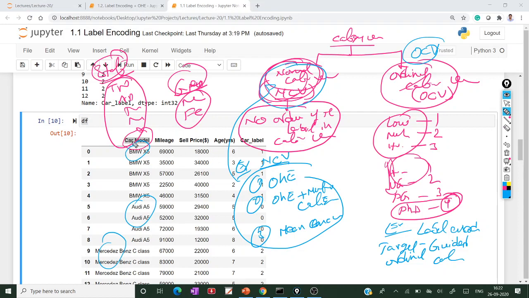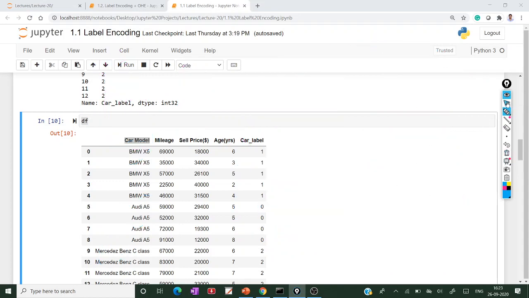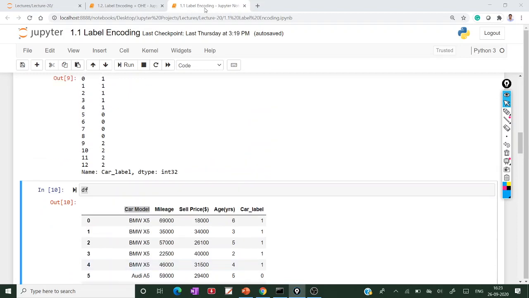Here our example, car model, belongs to the nominal categorical variable, but you are applying label encoding, which belongs to the ordinal categorical variables. So you have to apply these techniques to ordinal variables, but you are applying label encoding to this nominal variable. That is the label encoding concept.